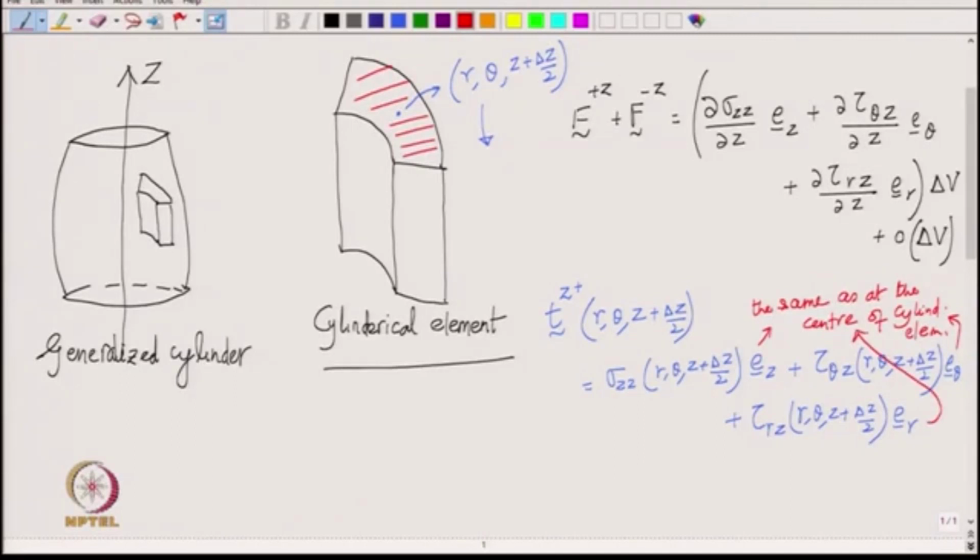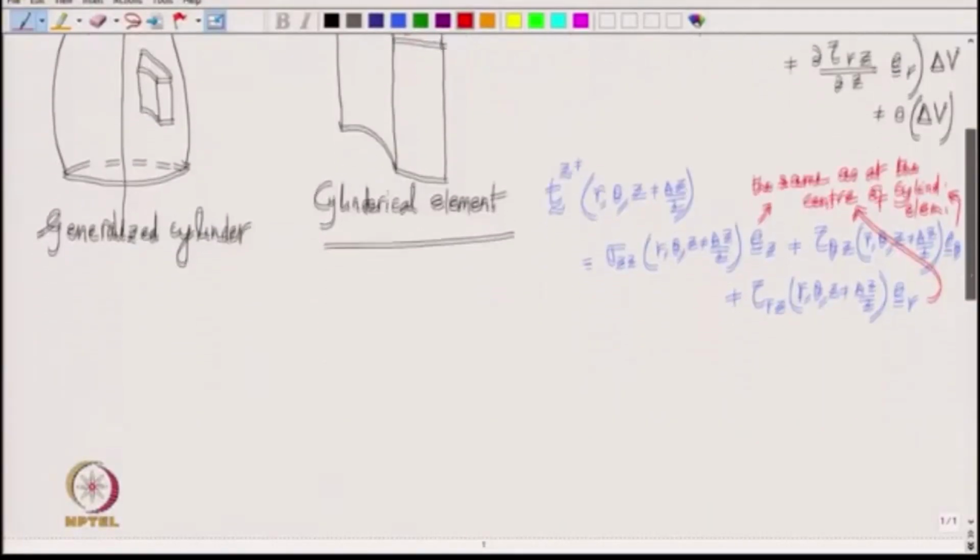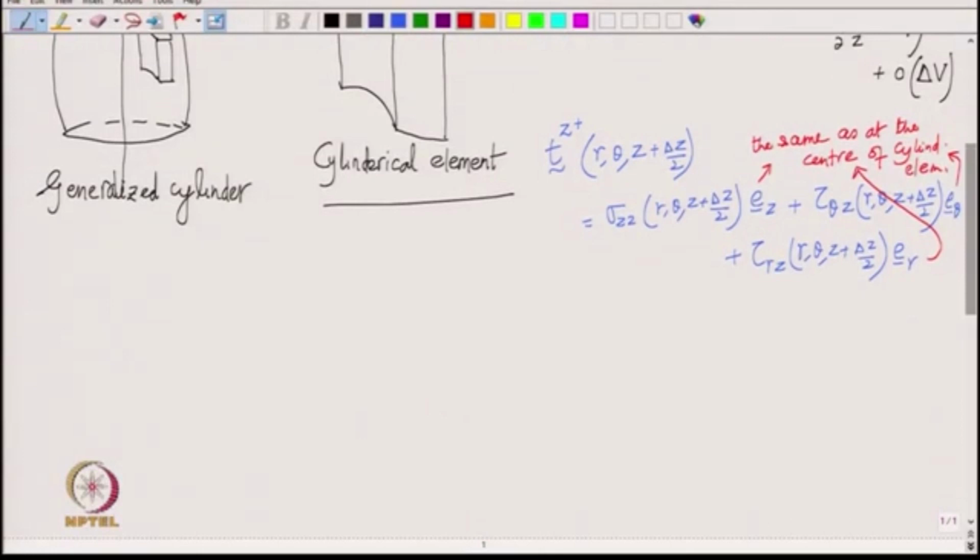Okay. So, the basis vectors here have not changed, because there was only a change in the z coordinate, right. All right. Likewise, we can also write down what is the traction on negative z plane. So, that is going to be traction on z minus. So, this is to be evaluated at r, theta, z minus delta z by 2,